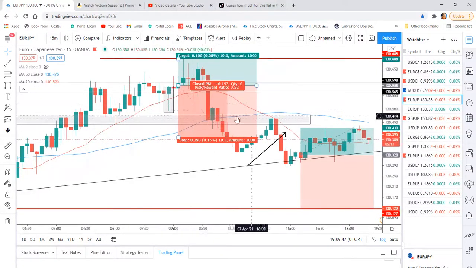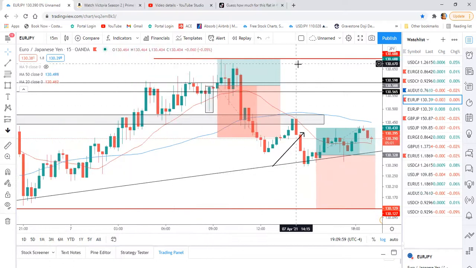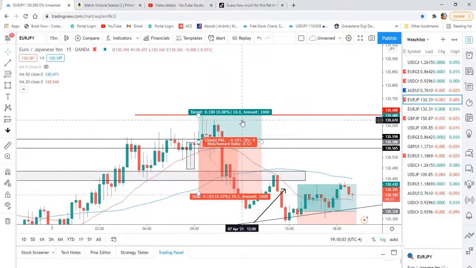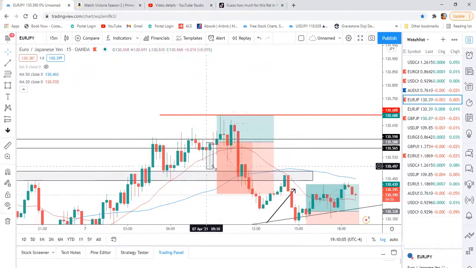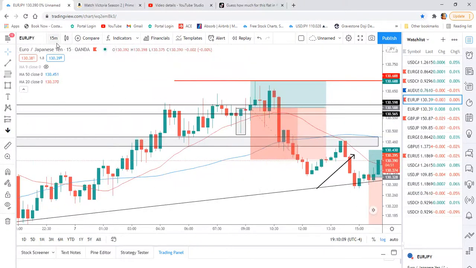It almost did take me out, because it went up from here. It just missed my take profit, right? It didn't even knock me out of the trade, and then it reversed. So I should have actually waited for price to break above this area, come back for a retest, and then buy. Because I was on the 15-minute, just looking and waiting,